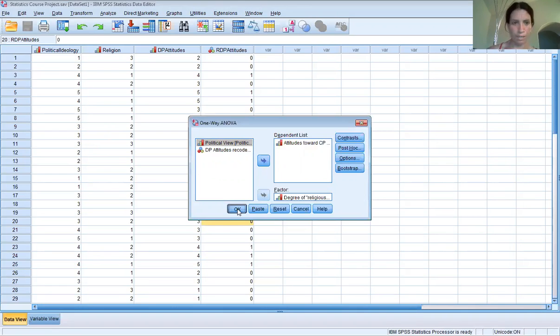So I look now, and my F value is 3.708, which is greater than 3.07. Remember, 3.07 was my critical value. So I am going to reject the null hypothesis because my obtained value